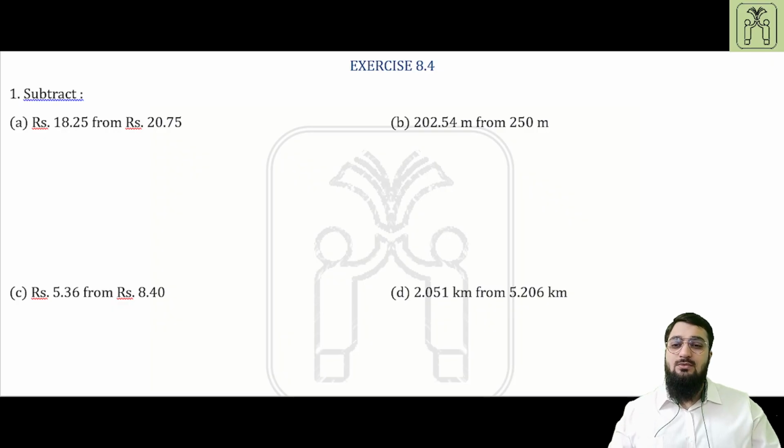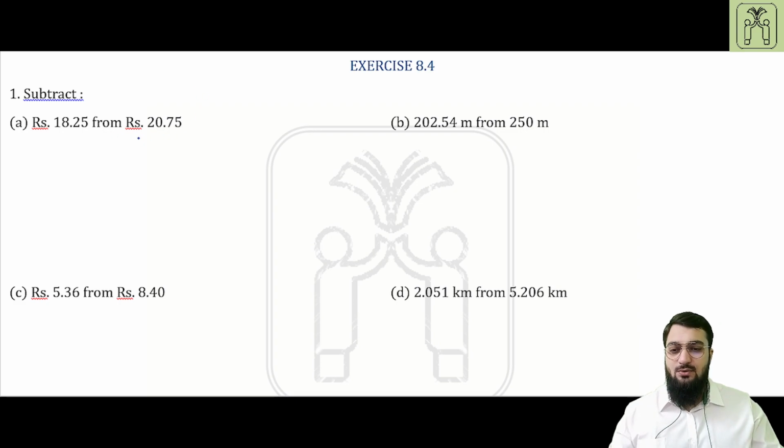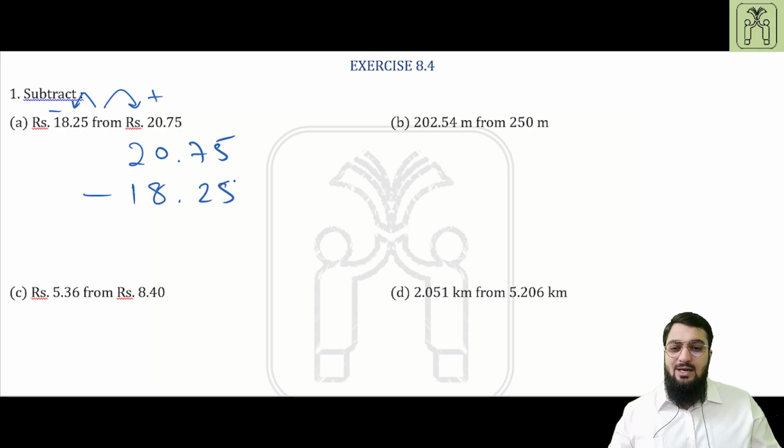So question number 1 says subtract, part A says rupees 18.25 from 20.75. So as we know, from and after one, the right one will be written with a plus sign and the one which is before will be written with a minus sign, and therefore the question will be rewritten as 20.75 minus of 18.25, and while writing the decimals in top and down fashion, the decimal points must be aligned with